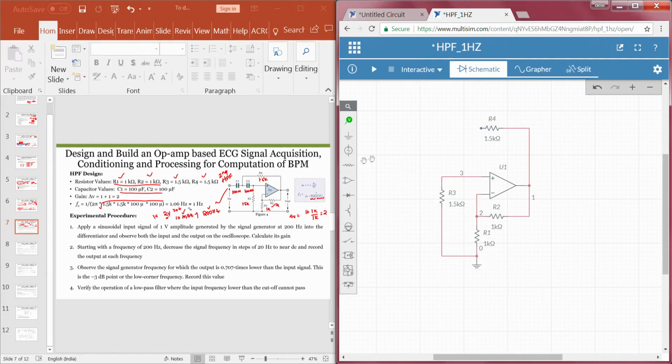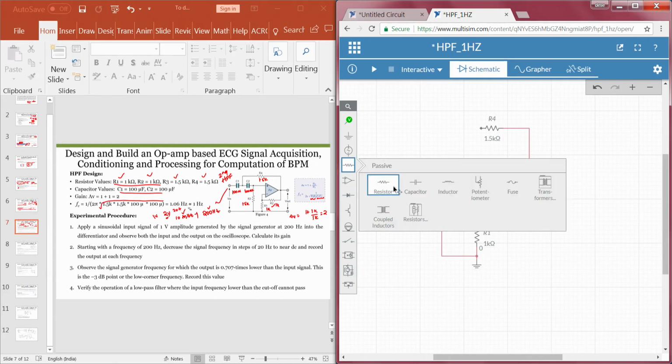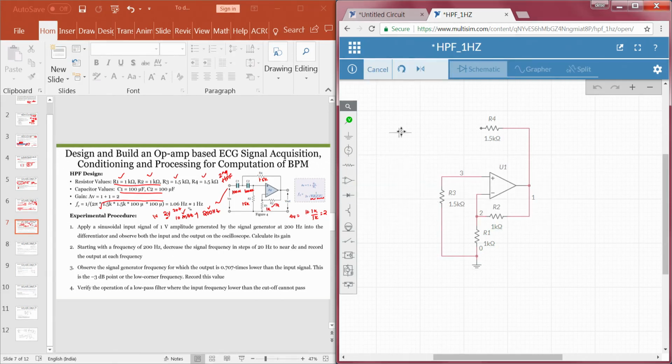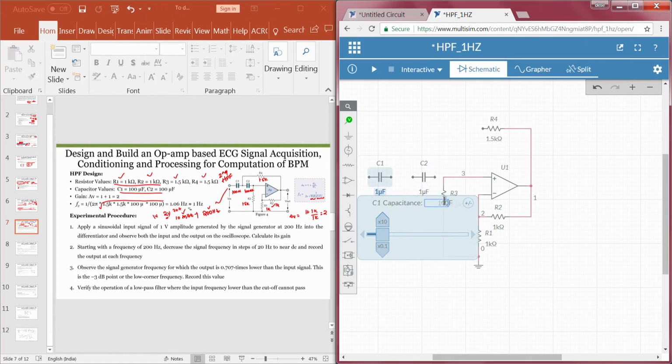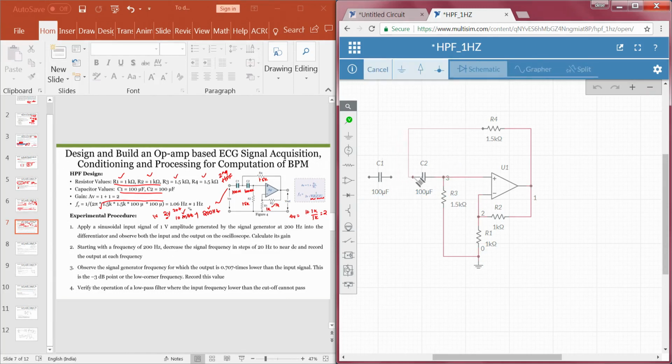Then what else? I have to take capacitors. So, I will go with 2 capacitors, one is C1 and the other one is C2. The value of capacitance that we use is 100 microfarad, and 100 microfarad here as well. Now, let me make the connections here. This particular point has to be connected here and this point has to be connected here, right.